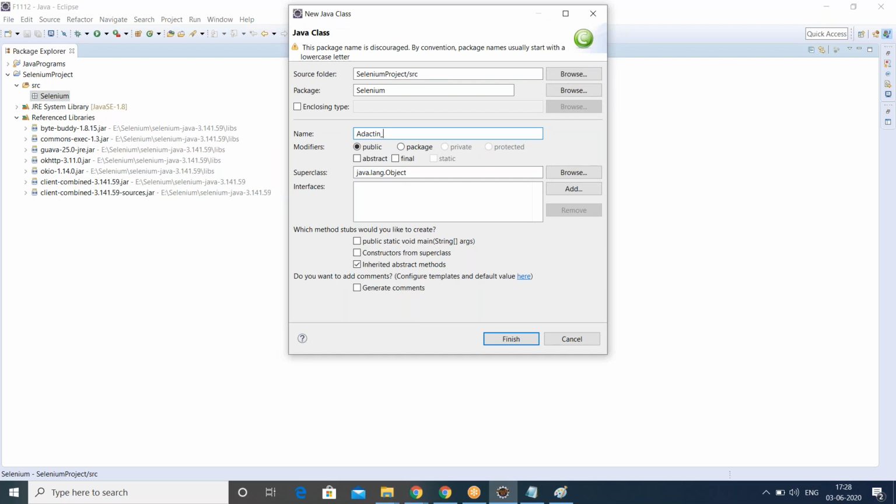I can name it Adaptin underscore login. As you know the rules, what rules should we follow to create a class? We need main.